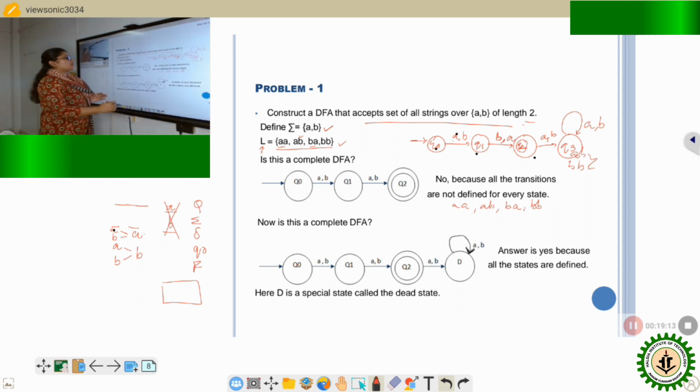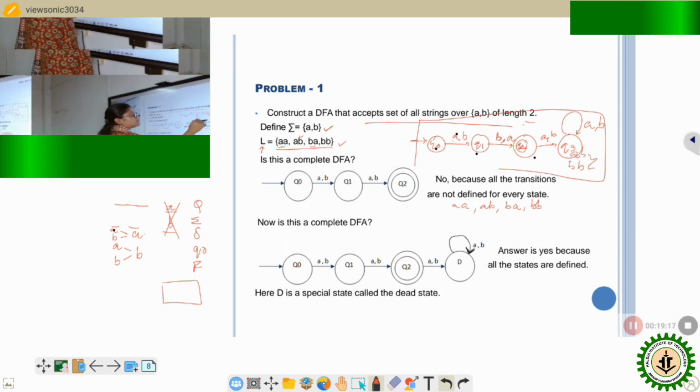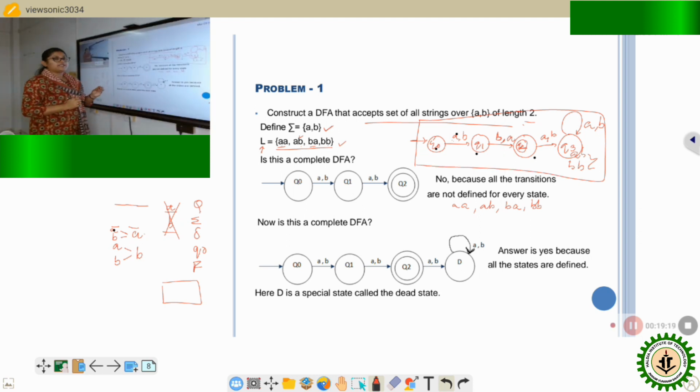because to this machine you can never assure that you will be feeding only 2 length strings. To this machine I can give a 2 length string, a 3 length string, or an n length string. But what the machine should do is, it should accept only those strings whose length is 2, and otherwise it should reject all the other strings that are of length greater than